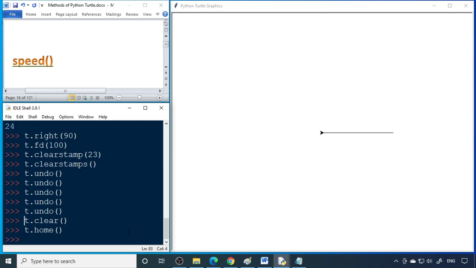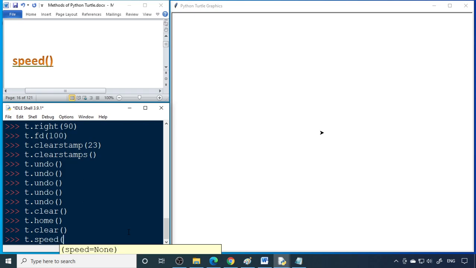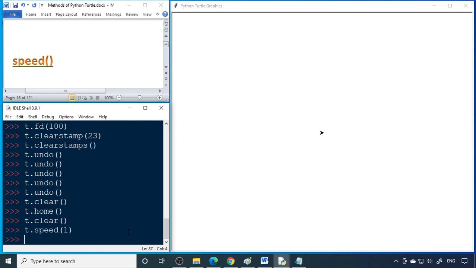Now I want to draw a circle, so bring home, so therefore t dot home. So clear this. Then you want to write a speed, t dot speed. So 1 is very slow, so that is 1. Then say t circle 200. So it slowly writes the circle.